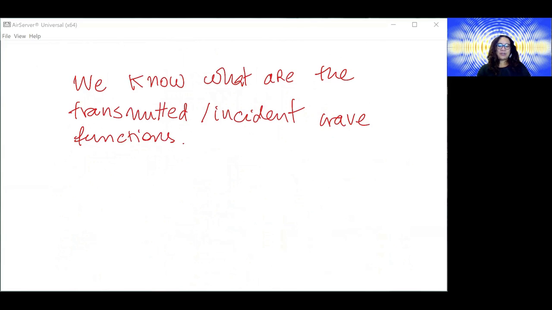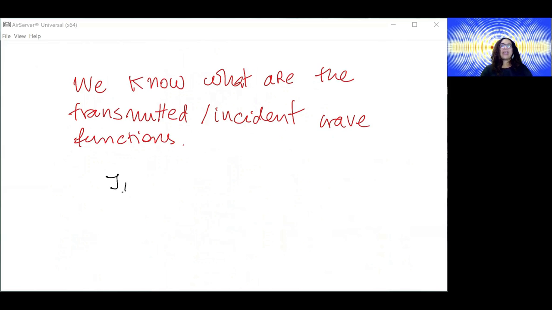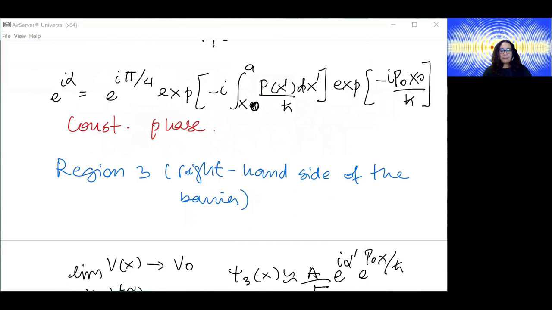Let's do some computation. Let's say we consider now J incident. We have that coefficient, so what we have to do is we have to take that coefficient and get the modulo square